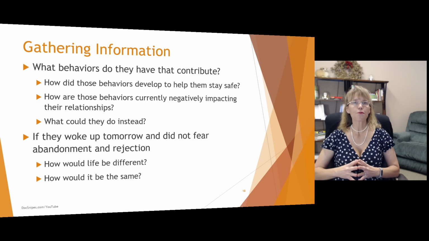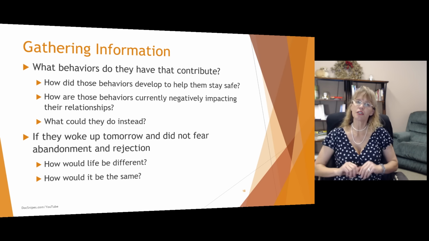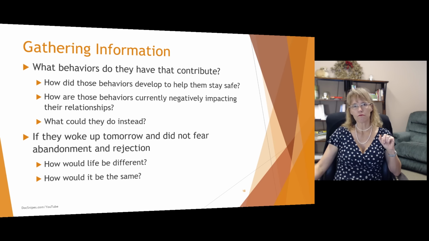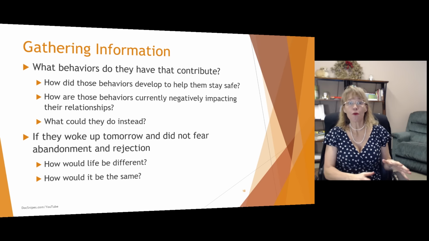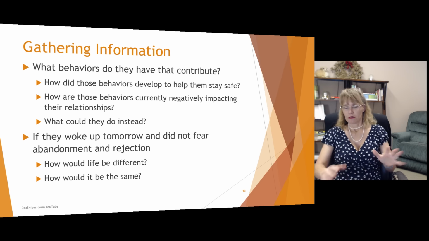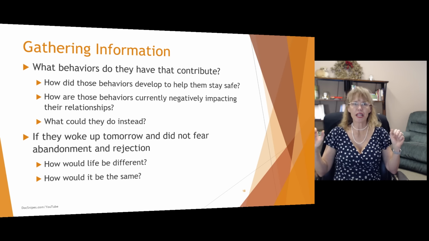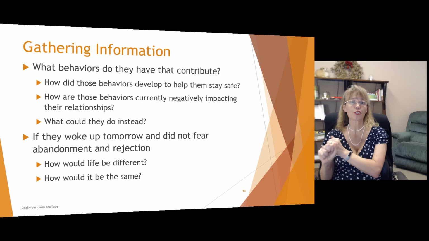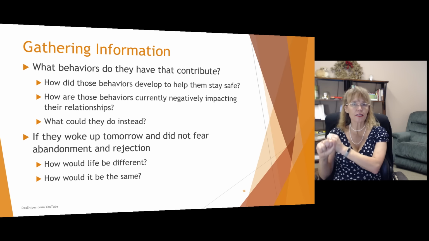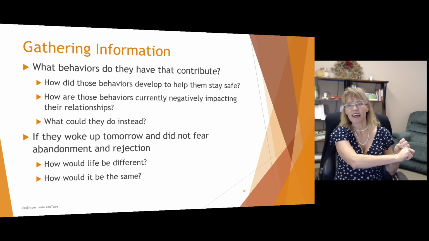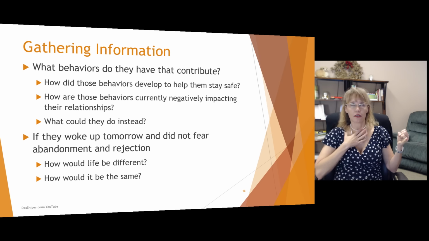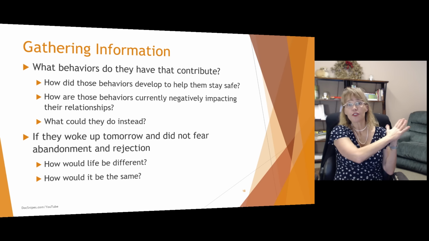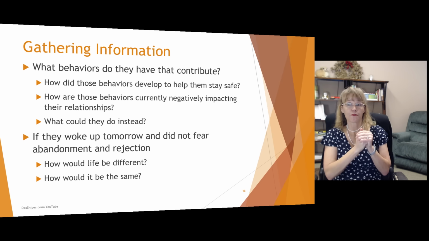So looking at people's behaviors, when they can step back and objectively look at their past relationships and say, yeah, some of these things I did probably weren't helpful. In the moment, it was a survival mechanism. In retrospect, we see that may not have been the best choice. So how did those behaviors develop to help the person stay safe? This is where we want to validate and look at the context. In that context, at that point in time, I believe that people do the best they can with the tools they have. So that behavior developed. How did it develop to help them stay safe?